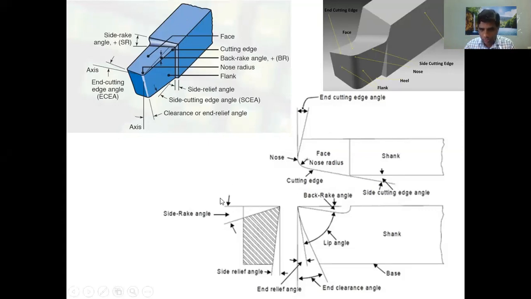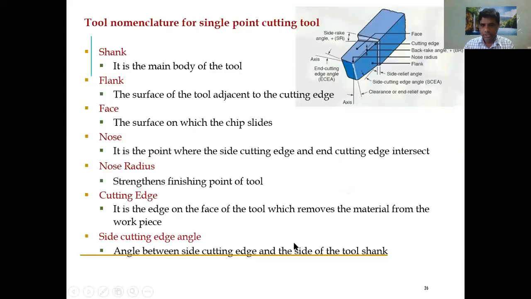Whatever image is there, please draw it in your class notes. I'm not telling you to take a screenshot. You can take the screenshot, but even so, please draw this. I'm giving you 5 minutes to draw these 3 images. I will check your class notes in future. So please draw these images. Consider it a break; once you finish drawing, take a break and join after 5 minutes. I'm keeping this video open.